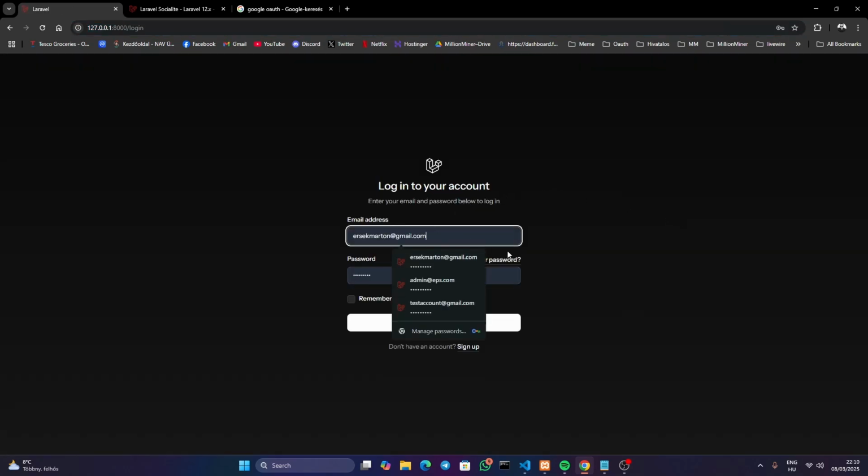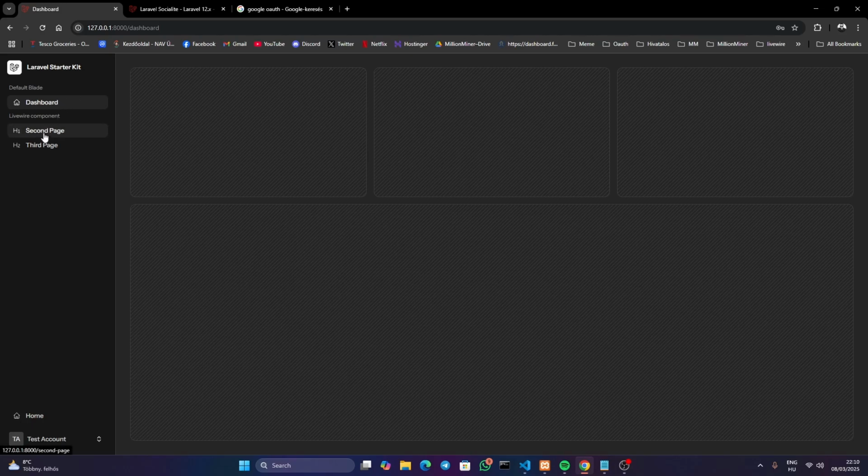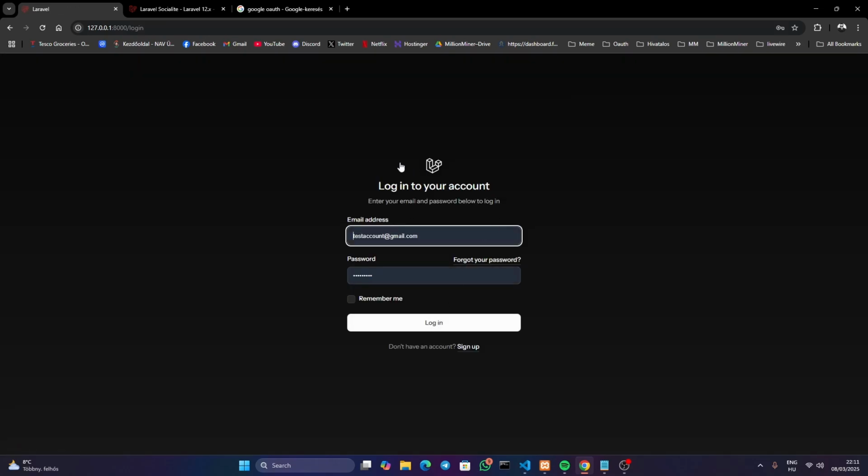We can see that we do have a home page which says hello world, and we have the login and register pages, and inside the login pages we can log in or register our account accordingly, and we have a blank starting blade file as a default blade file. We also added a couple of menu items in an SPA style, meaning these single page application style Livewire components. Now what we're going to work on in this video is that we are going to create a specific